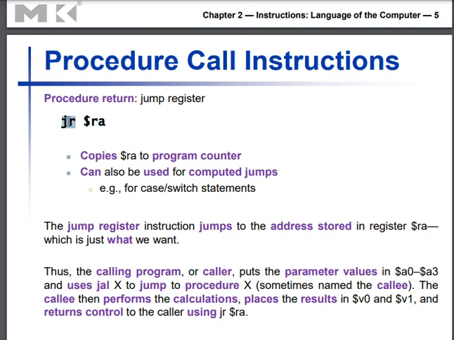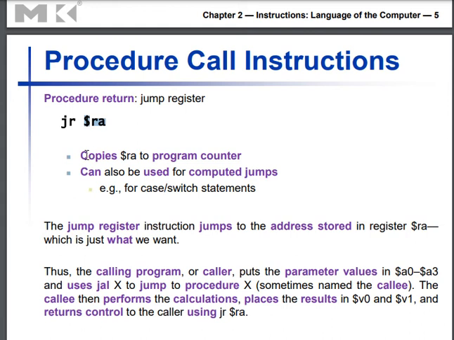So jump register jumps to a particular instruction whose address is in register RA. So whatever address is saved in register RA, the jump instruction moves to that address. I mean to say the control will be transferred to that address. That's the idea of jump register.